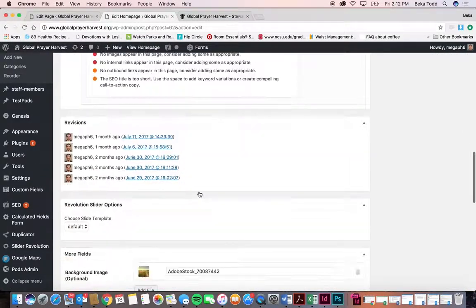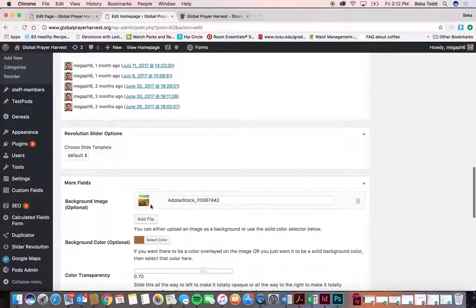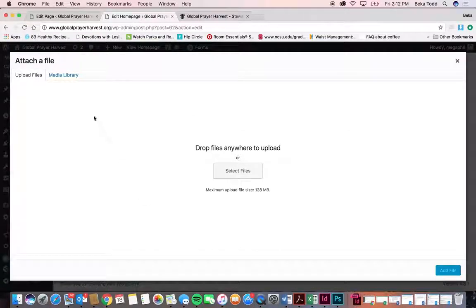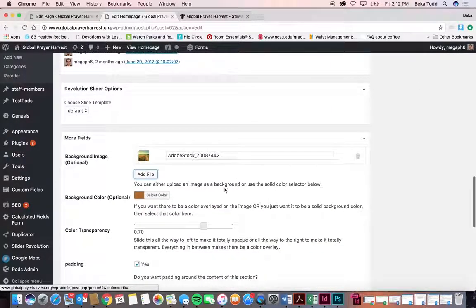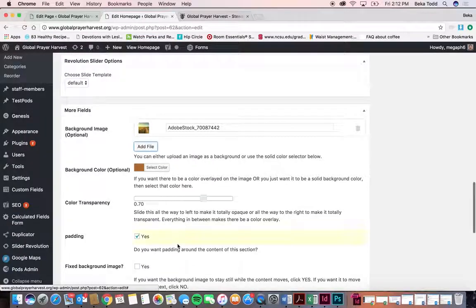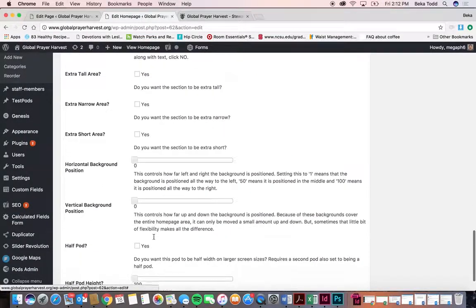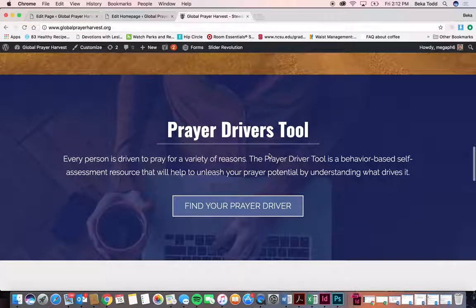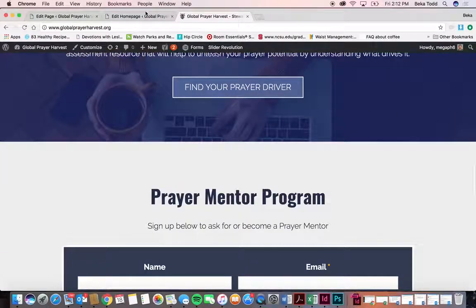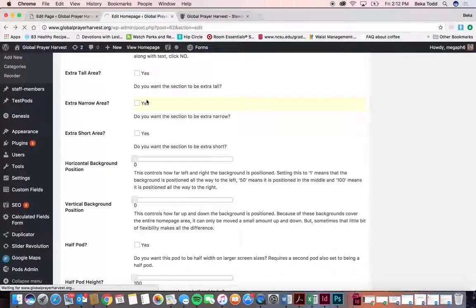And if you scroll down, you can see in the background, we've got a stock image there, and you can change that by uploading files or choosing a different file from your media library. And then we've put a background color over the top, and this changes how much the color is transparent. And like I said, padding is always checked yes on that. The same thing is done here. There's a button, there's a picture in the background, and some color over the top. And then I believe Prayer Mentor,